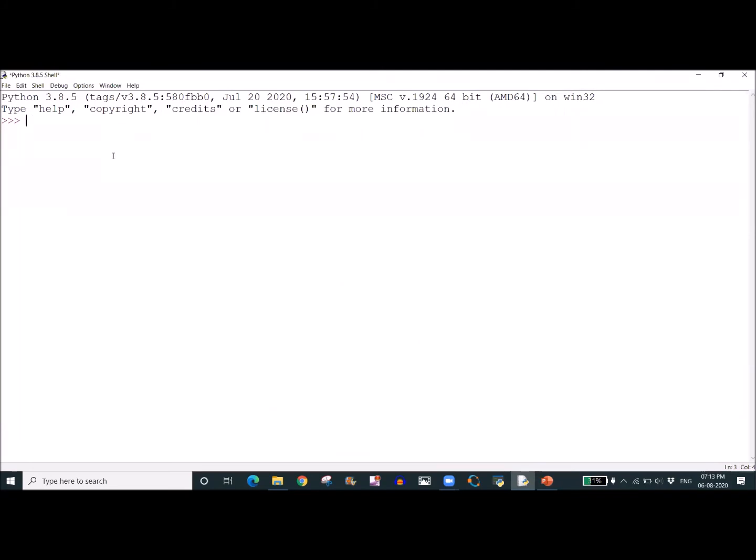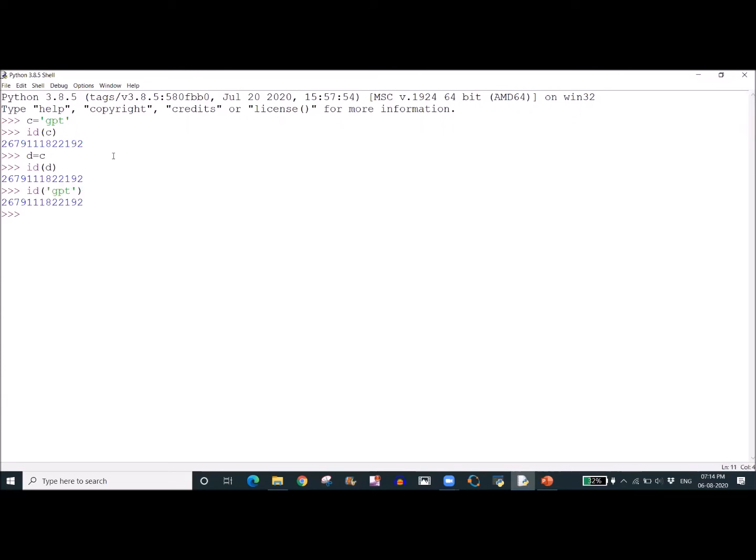Now we work with the string data type. This time I am giving c is equal to GPT. Now I am asking what is the address of c. Some address is coming, 192. Now I am giving d is equal to c, assigning the same data to d. Now I am checking the address of d. The address of d is also 192. Now I am asking what is the address of GPT.